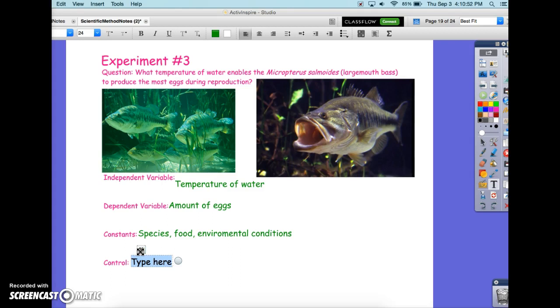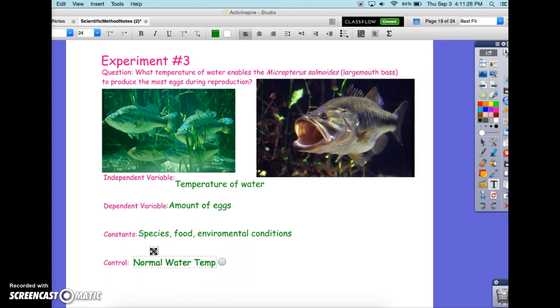The control here is a little bit more complicated. So this would involve some research in which you would have to go back and you would have to look up what would be a normal water temperature for reproduction of the largemouth bass. So it is normal water temperature. And then we would be testing to see if maybe different water temperatures increased or decreased